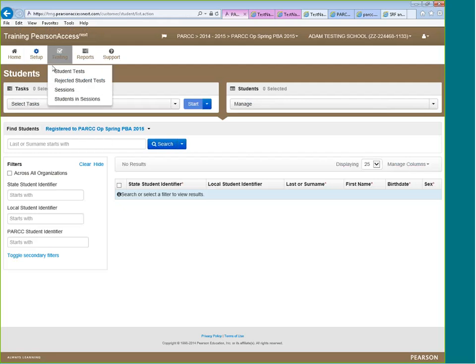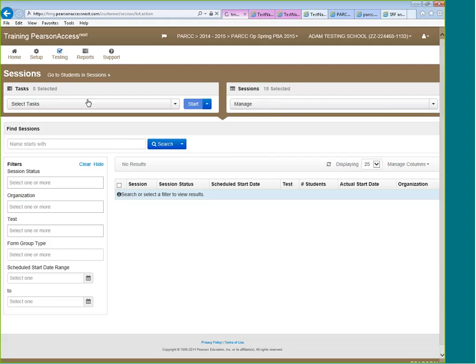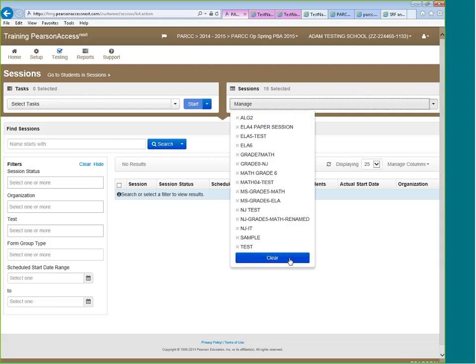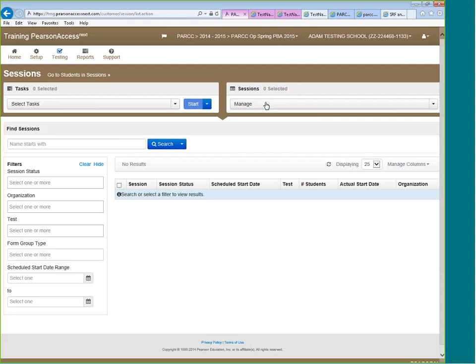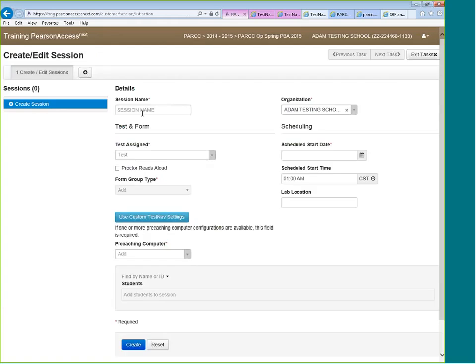So the next thing I want to do is set up my session. Notice I still have those 15 sessions over here. I don't want to play around with these anymore, so I'll clear them out. And I will create a session, DC7 Math.